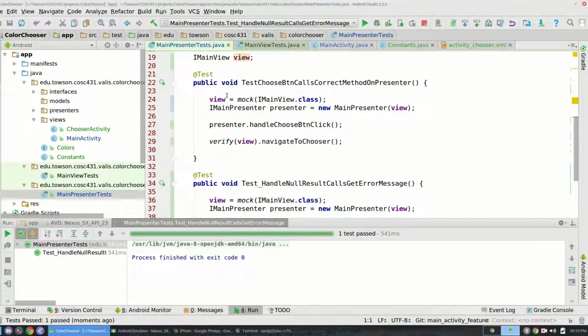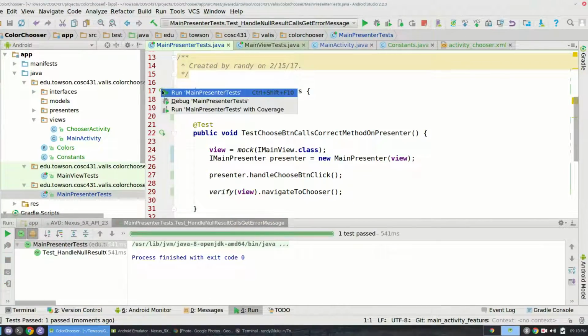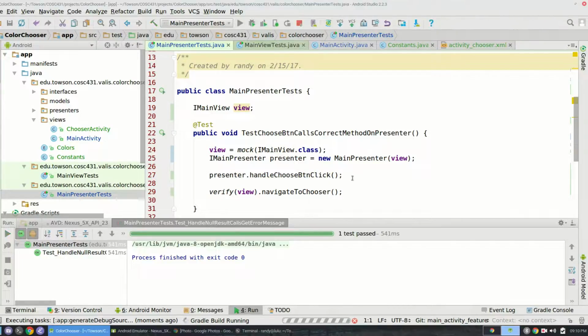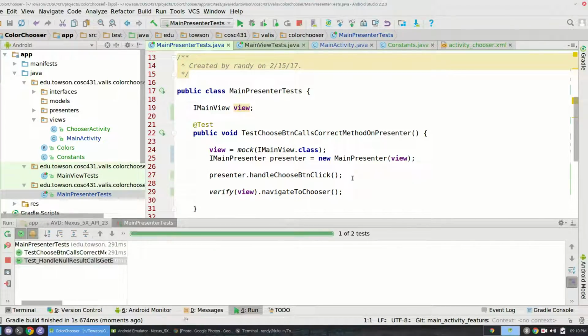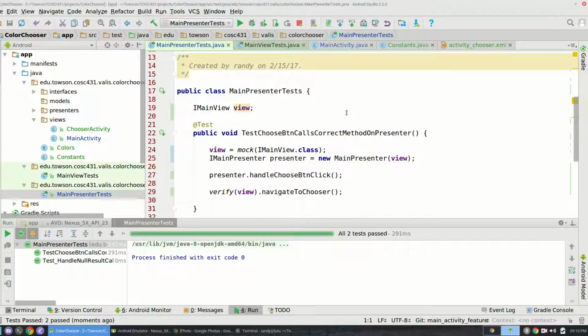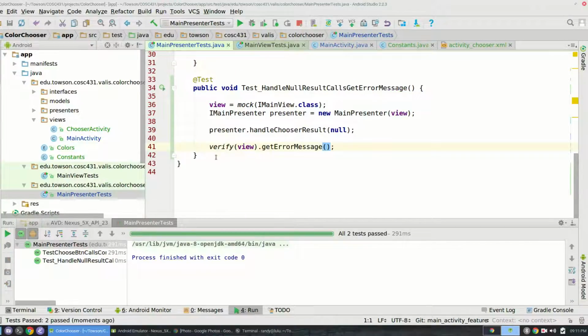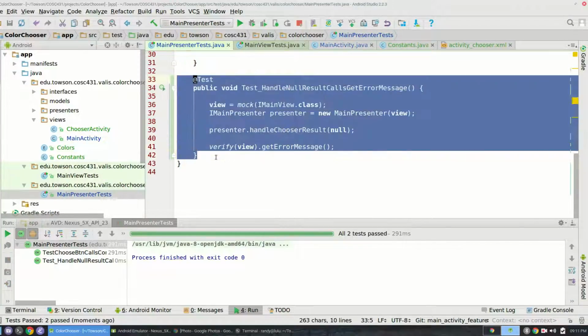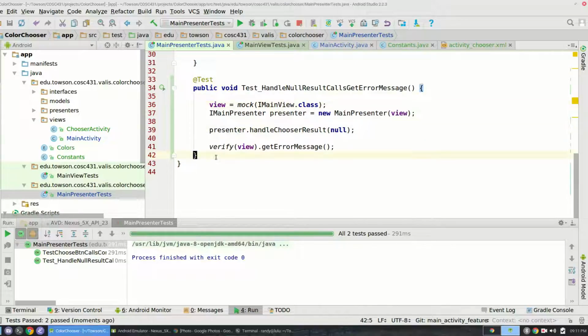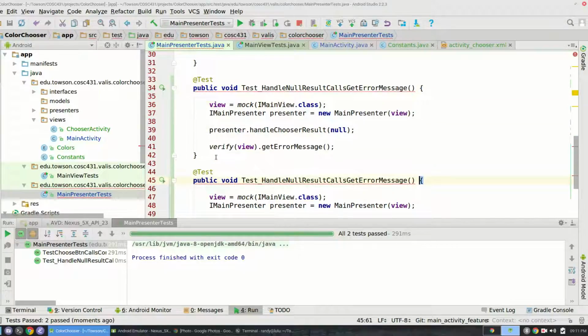Okay, and then why don't we run all of them just to verify that we haven't broken anything. There we go. All right, let's take a look at another test. So we're gonna take a look at a test that might fail. I'm pretty sure this will fail. So let's say handle red result calls